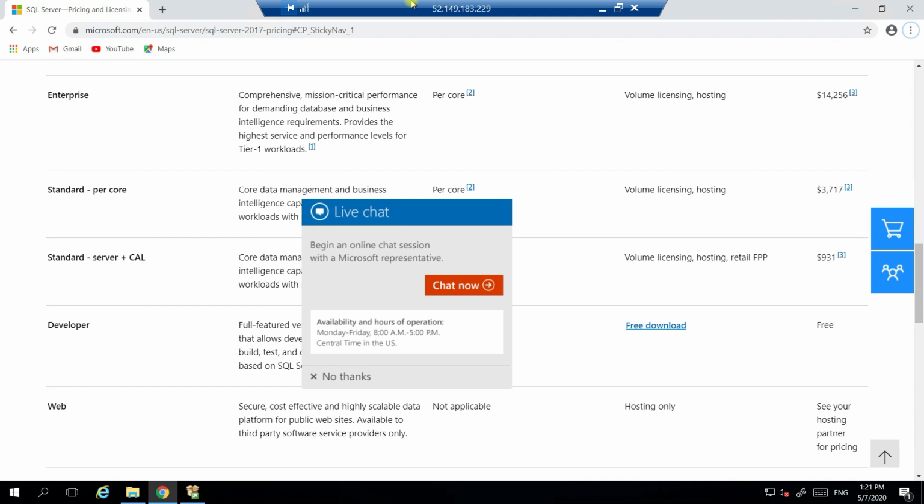I configured it yesterday, so here I have to install Power BI Desktop and SQL Server, everything again from the very beginning. Instead of demonstrating the SQL Server installation in the SSAS tabular sessions, I thought of doing it now so that you can get some idea of how to install SQL Server with the tabular mode. During the installation, we can select which mode of SSAS we need to install, whether multidimensional or tabular. We can decide that here, so that is why I'm installing now and showing you how we can do that.